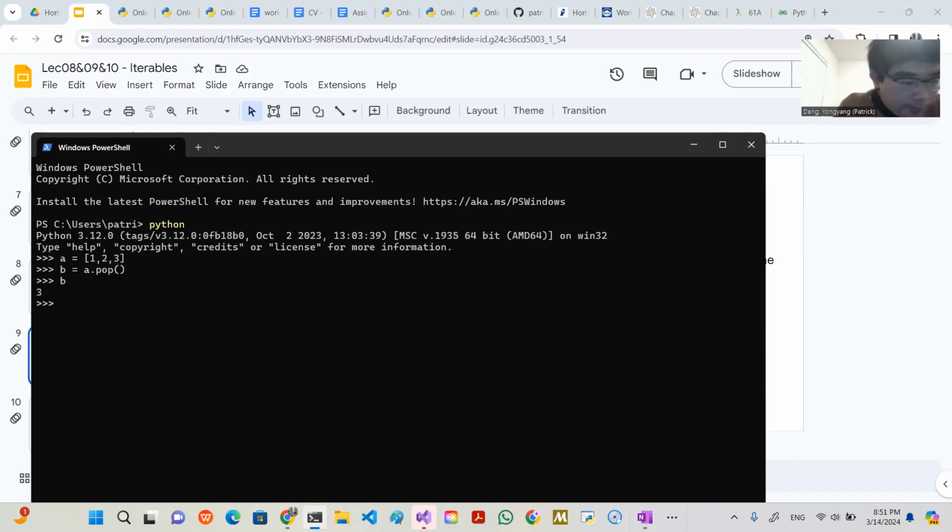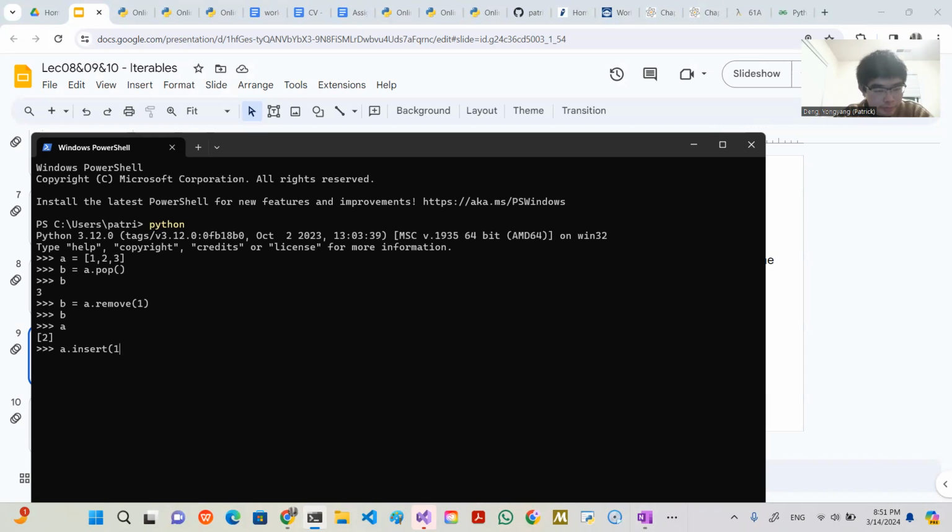It will be 3. And if I want to do B equals A dot remove 1, so I have 1 and 2 left. I remove 1. It will be None, but nothing is displayed here. And A will be only 1, 2. So under A dot insert,